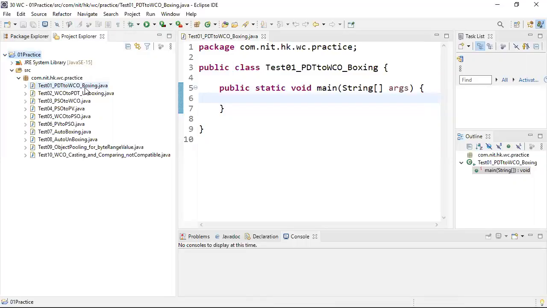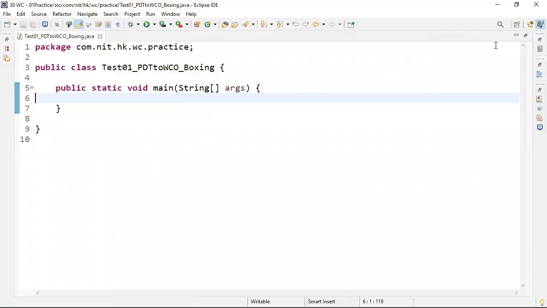So, using wrapper classes, what operations can we do? We can perform a total of 6 operations. Converting primitive data type to wrapper class object, converting wrapper class object to primitive data type, converting primitive string object to wrapper class object, converting primitive string object to primitive value, converting wrapper class object to primitive string object, and converting primitive value to primitive string object. So basically 6 operations, but there are three operations and their vice versa. Now first, let us try to understand converting primitive data type to wrapper class object.